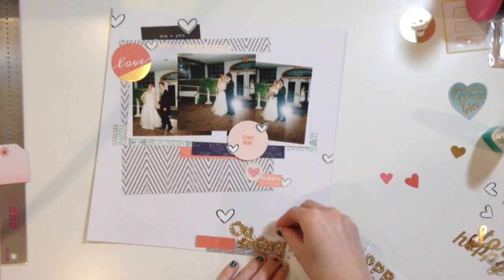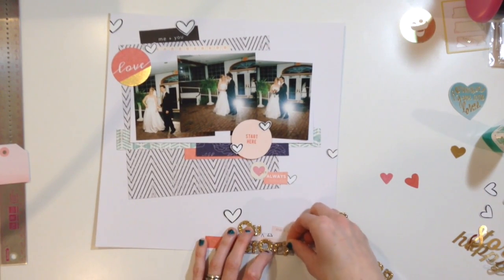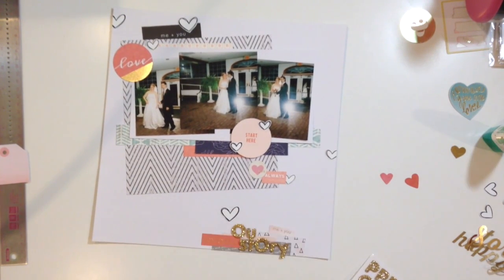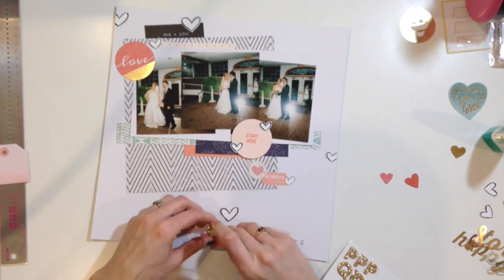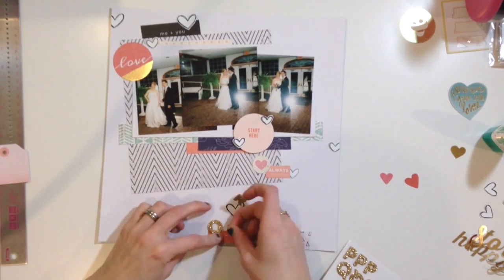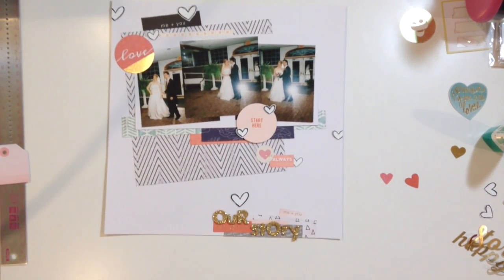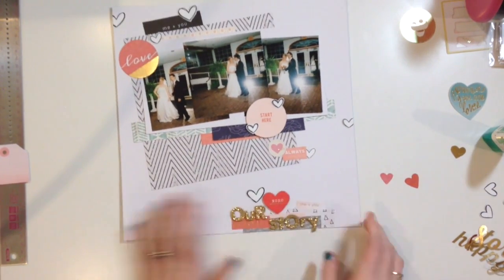my title, and I want it to read "Me and You, our story." So it is like our story, but there's a little tag that says "Me and You," and then there's that paper that also says something. I forget what it says. I should have my layout open with me, shouldn't I? It says "Me and You, our lovely story." So I think it says "lovely" on it. And so I just played around with it because I wasn't exactly sure how I wanted it to